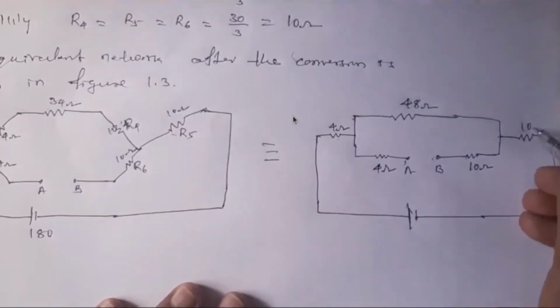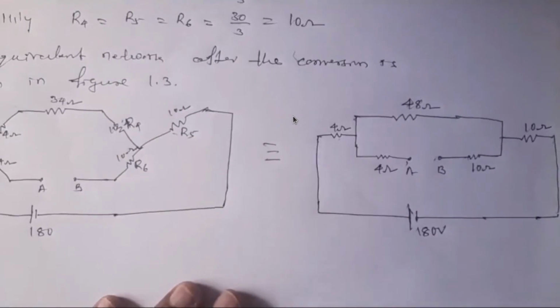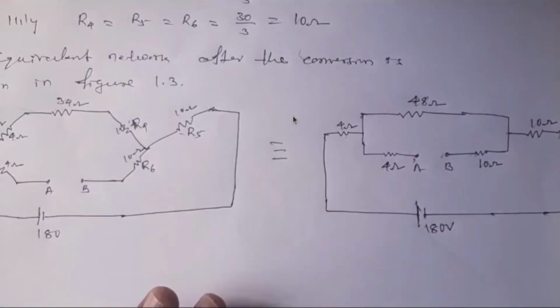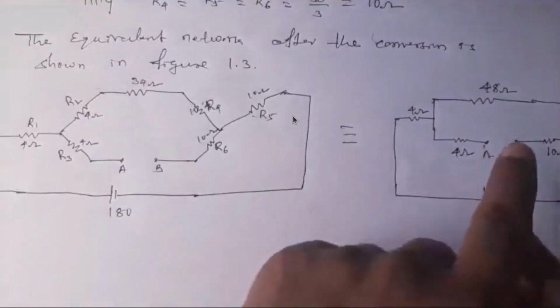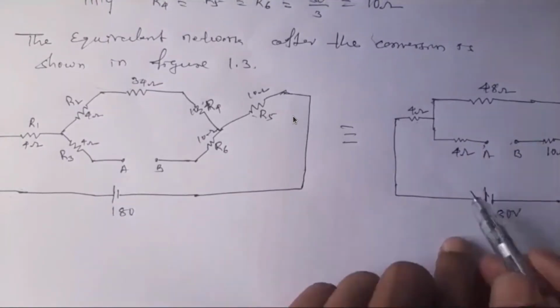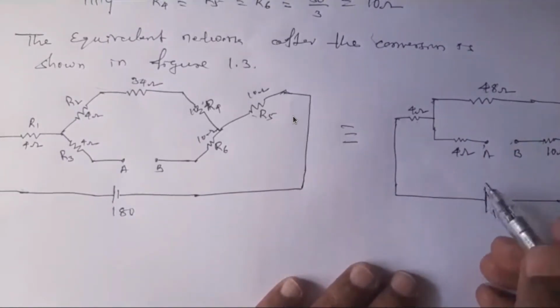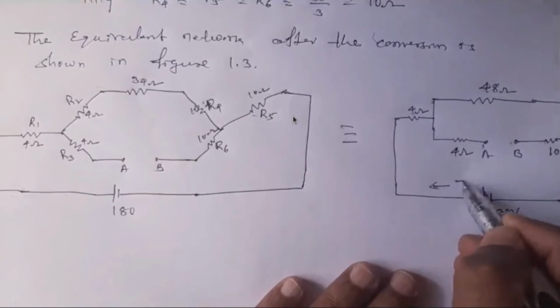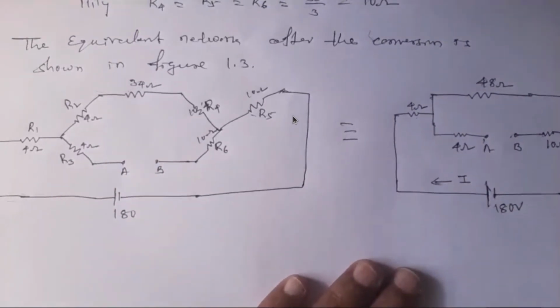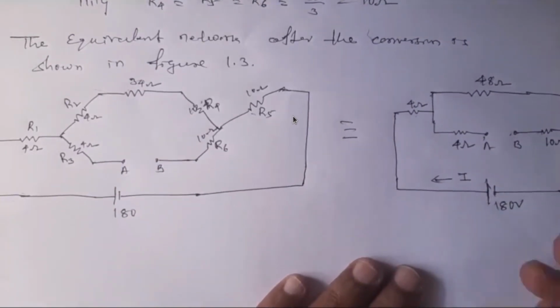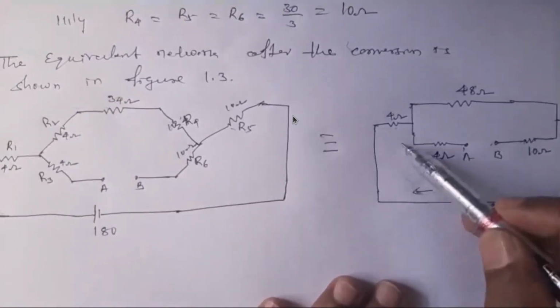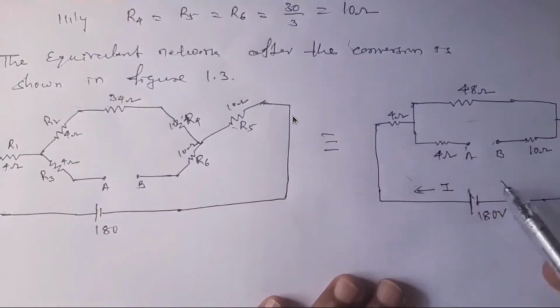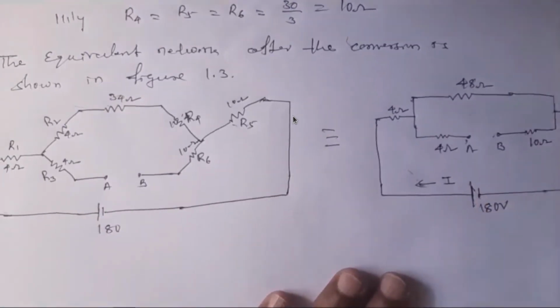This is 10 ohm, this is 180 volts. Now nothing is there, you can directly calculate VTH. If you see, dear students, the current which we are supposed to find, current I, if you consider this as a current I, we can find that directly, because look at this. This is 1 kΩ. You can apply just a KVL or say just Ohm's law.